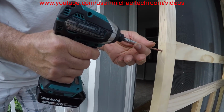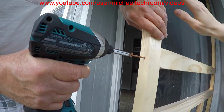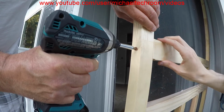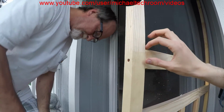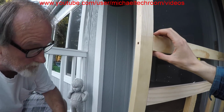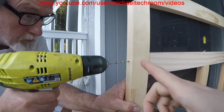So what we are doing is we are reinforcing this screen door, to make sure the screen door doesn't fall apart on the neighbor. So as you can see, the neighbor is